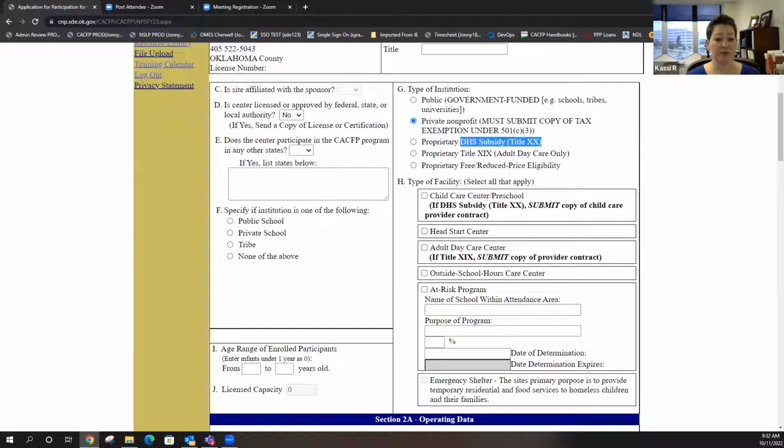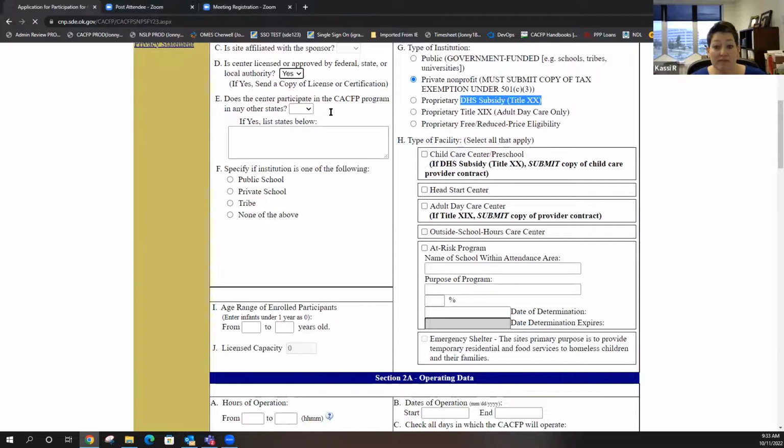If you're a tribal Head Start, do we put no since we are federally approved? No on license. If you have some type of, let me back up. If you have tribal license or DHS license, I shouldn't exclude tribes, also military, because you also have your own licensing standards, which are typically more restrictive than DHS. So thank you for pointing that out. I'm glad that you said that, because yes, you would put yes here too. Because you do have a license to provide care for children and or adults.